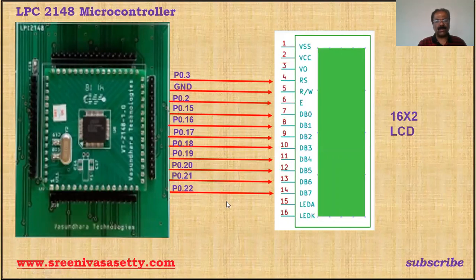If you try to use the same program in your college, and they are not using the same pins, they're using different pins, the LCD remains the same and this pin configuration remains the same, but instead of P0.16, P0.15, they may use P1 dot something like 16 or some other pins. That's why we have to be very careful whenever writing the program, because it is hardware dependent. Without hardware knowledge, it's not possible to develop any software. This is very, very important. So any doubts here? I think you understood this.